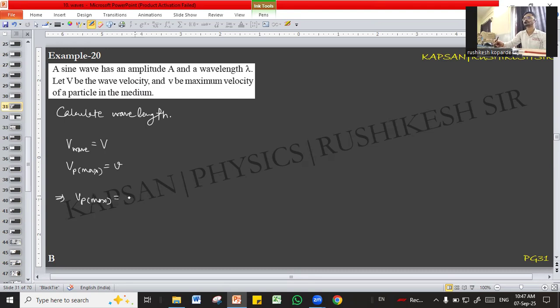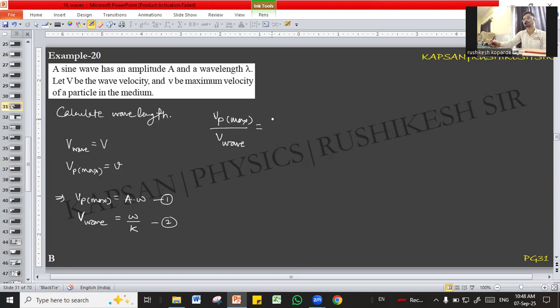A omega. And wave velocity is what? Coefficient of time upon coefficient of x, omega upon k. You can divide these two to eliminate omega, and you can get Vp max upon V wave